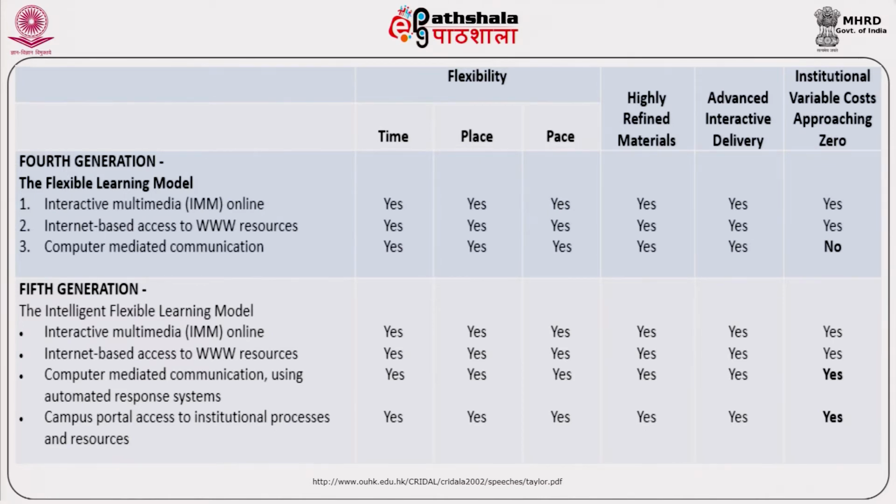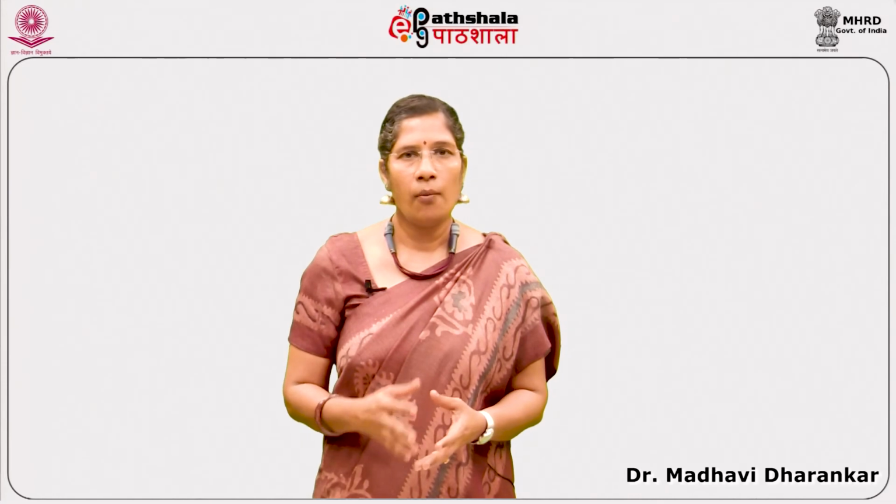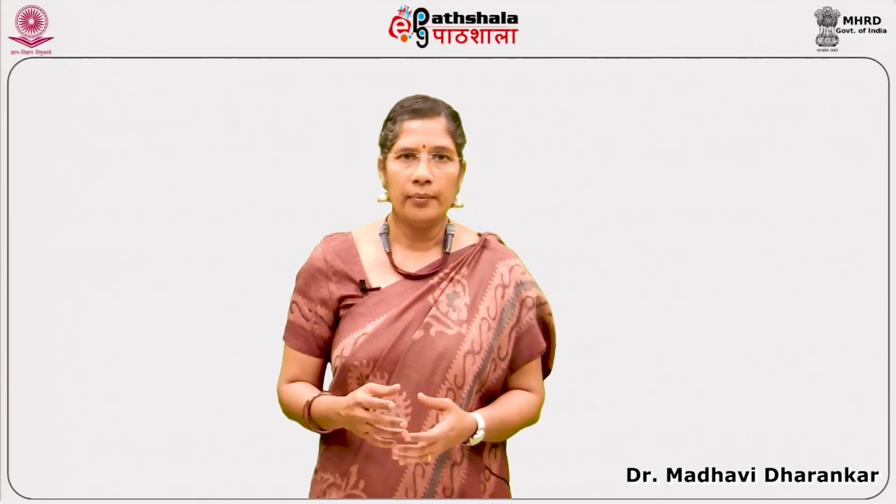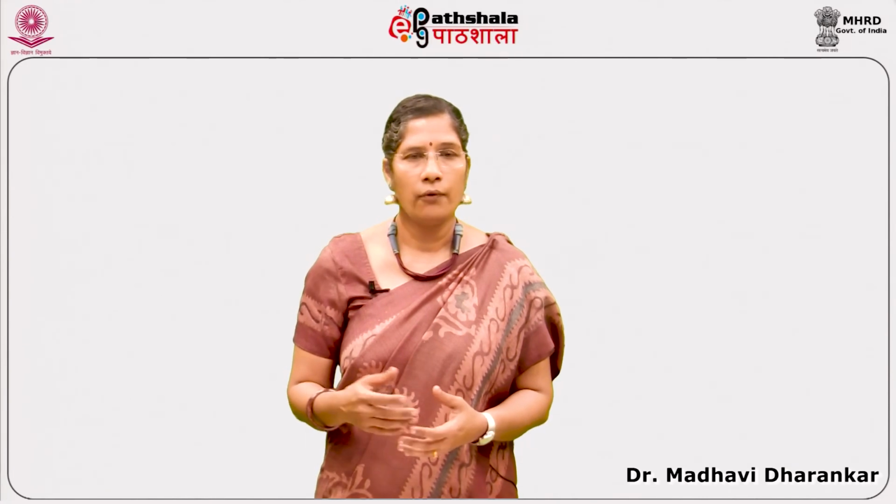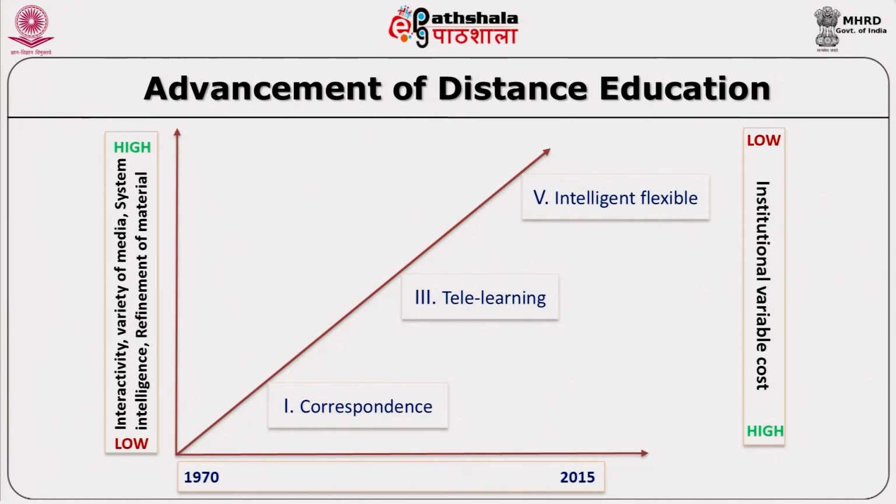After having the tabular form of comparison, now let us attempt the graphical form of comparison of all the 5 models. In the tabular form, we have gone into the minute details of every model and we have compared them with each other. In the graphical form, we will not go into these minor details, but we shall see them as a mega comparison. In this graphical comparison, we have tried to compare the various models on the x-axis.